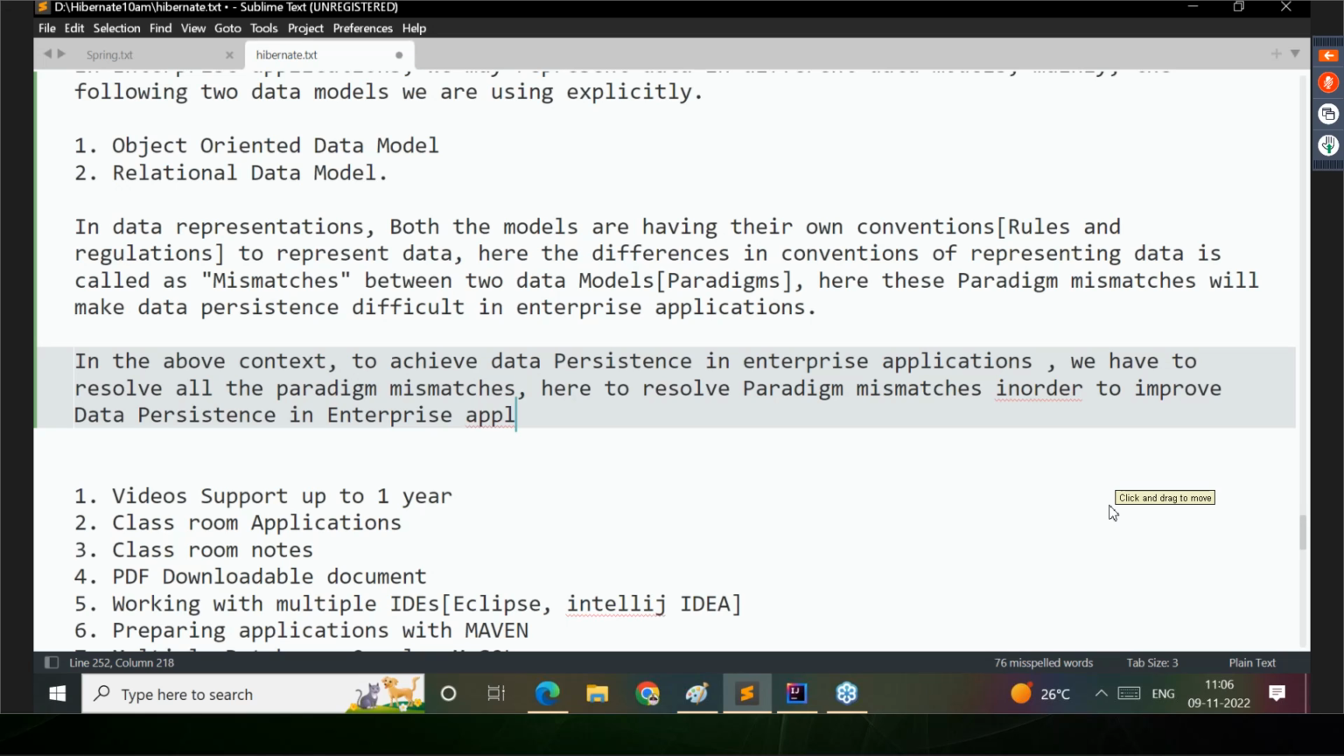All of you understand this? Requirement to go for ORM. Please, all of you, read this point here, what I am giving here. Without knowing this, understanding